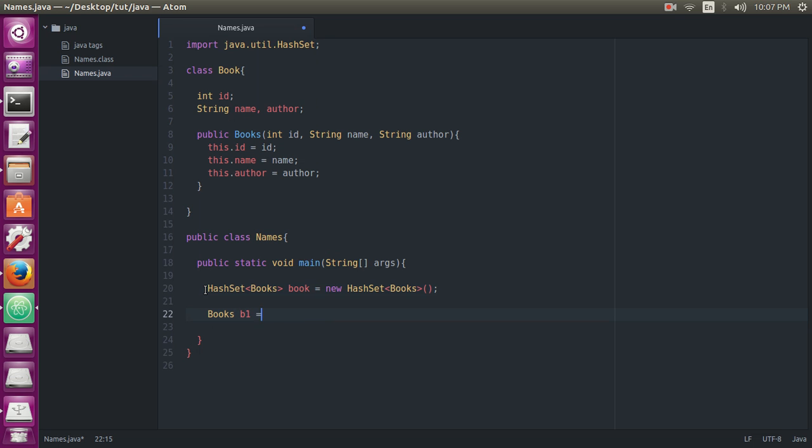Books b1 should be equal to new Books, id should be 101, name of the book, let us see, and name of the author is Yashwant. I just don't remember the second name. It's a good book for the basics of C. If you just want to learn the basics of C, then study this book.